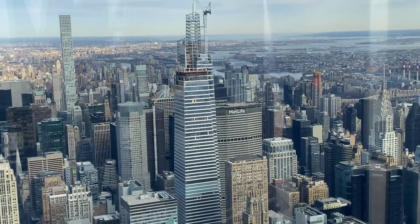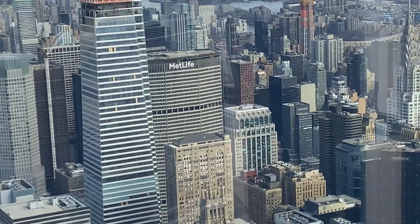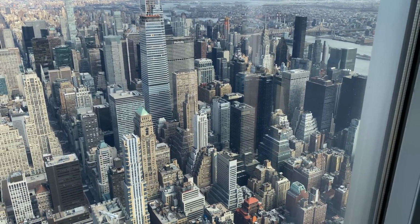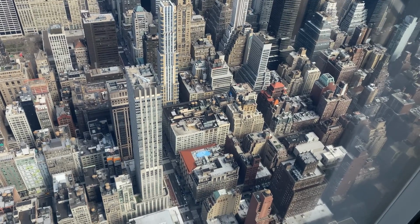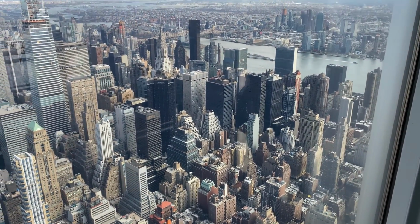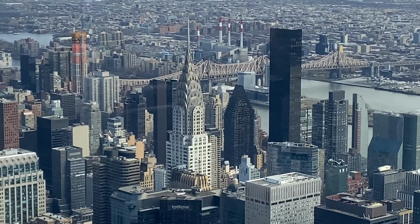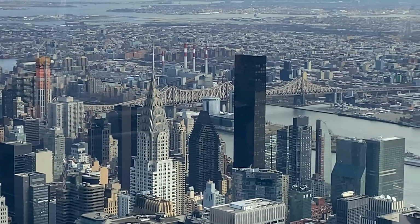Over here is the Vanderbilt Tower being built next to the Grand Central Terminal, and the MetLife Building behind Grand Central Terminal, formerly known as the Pan Am Building. That one's designed in the brutalist style. It was mocked when it first opened as being an architecturally ugly building. There's the famous Chrysler Building designed by William Van Alen. In the distance there, that's the Ed Koch Queensboro Bridge,